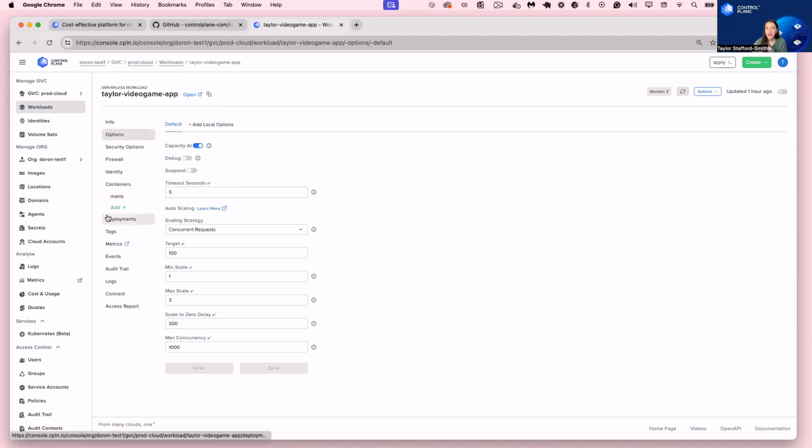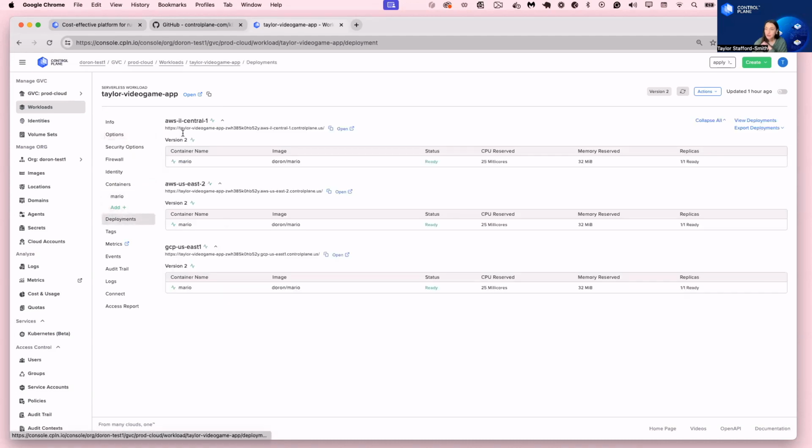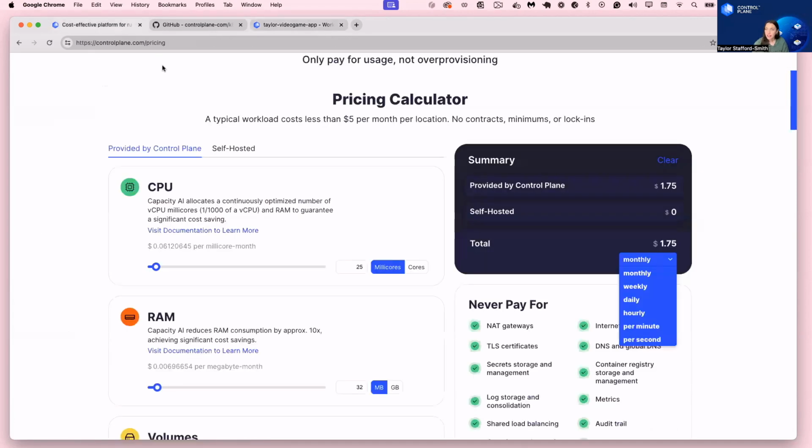What Capacity AI will do is look at my workload and see what it needs to actually consume in terms of CPU and RAM, which means that I'm never over provisioning for wasted resources. So the cool thing about Control Plane is that Control Plane is purely usage based. If I navigate to